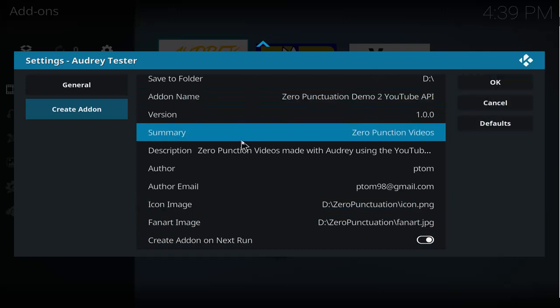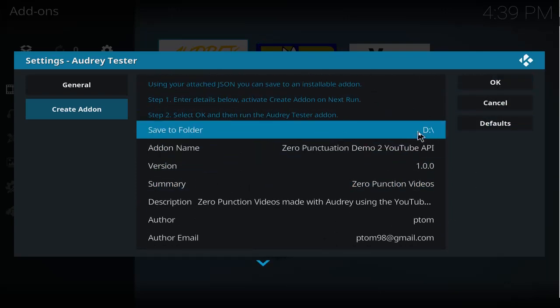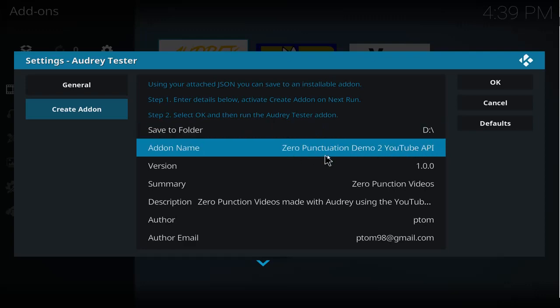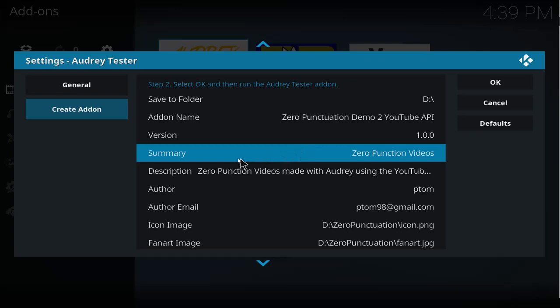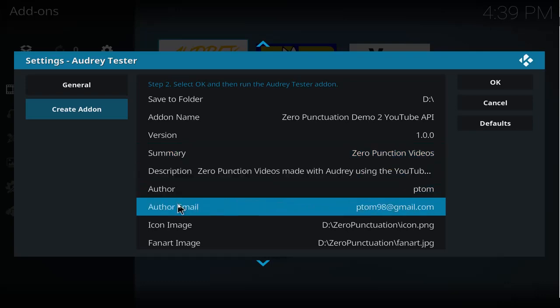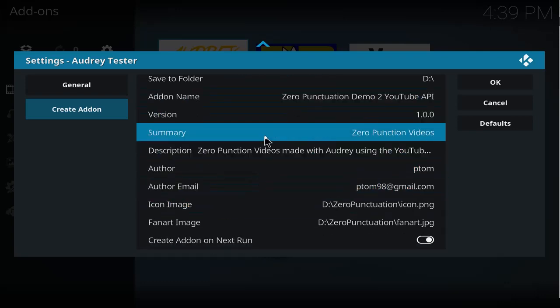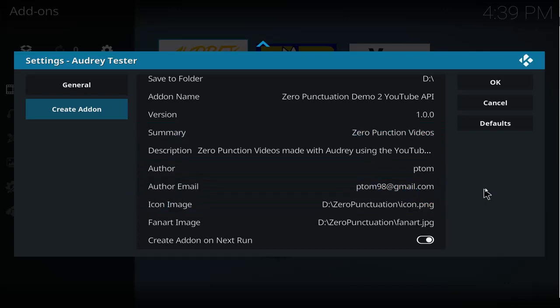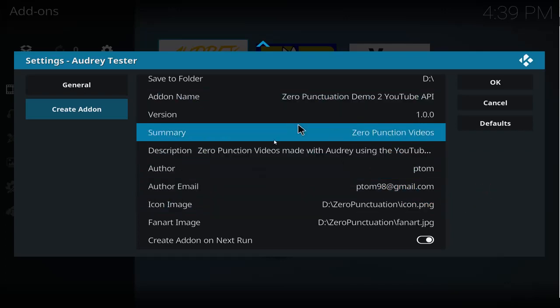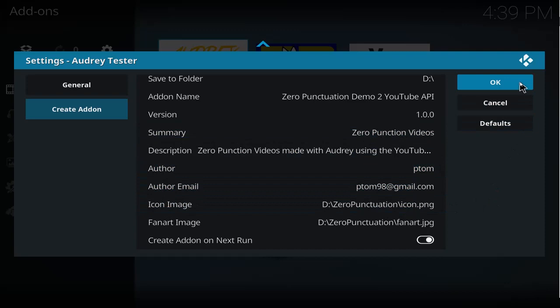So again, this will save to the D drive, my D drive. The plugin name will be called Zero Punctuation Demo 2 YouTube API. Each of these bits of metadata are required, and it will just help provide information. So we OK that,